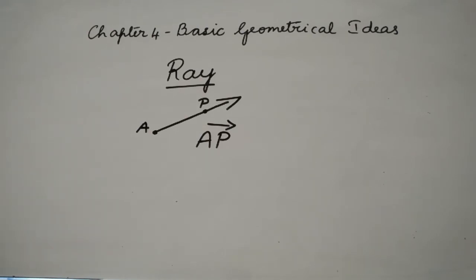So today's homework is to give 3 daily life examples for a point, a line segment, a ray, intersecting lines and parallel lines. I'll repeat once again. Today's homework is to give 3 daily life examples for a point, line segment, intersecting lines, parallel lines and a ray. And write this homework in your math homework book.